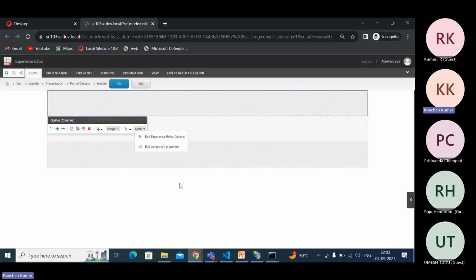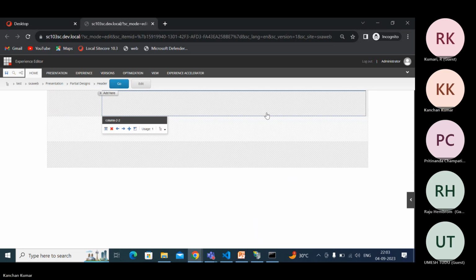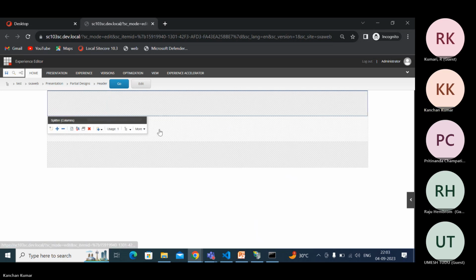But if we use it in this way, like 2:10, now what will happen? We have a placeholder now ready to add an image, but here we have a 10. Now how can we add another column over here? This is a challenge for us. So to achieve that, simply